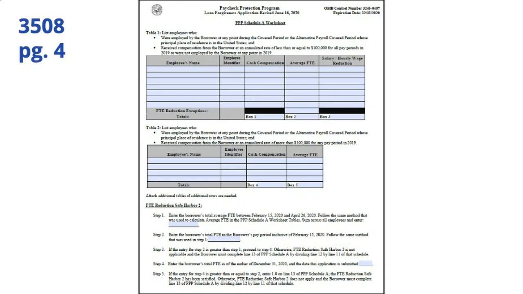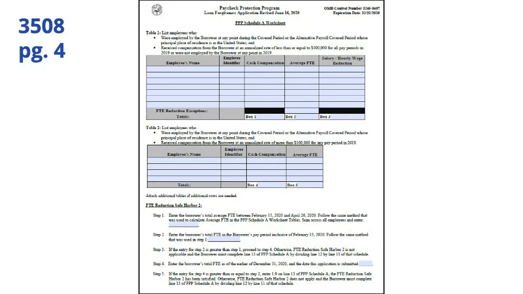I think we just want to go over the original stuff to help clarify, because we've been going over so many things. So 3508S, the short form, up to $150,000, doesn't even ask about FTEs. 3508EZ is pretty much for everybody. That's the one you recommend. If you're above 150, EZ is the form you're going to be able to use. And then the question that folks keep having, and I think this is one we can clarify, is